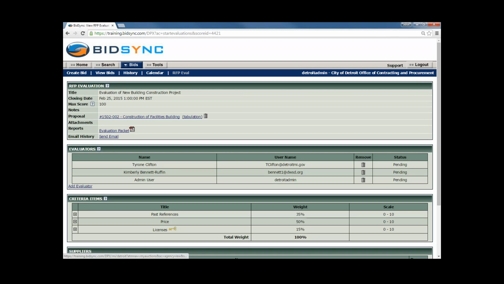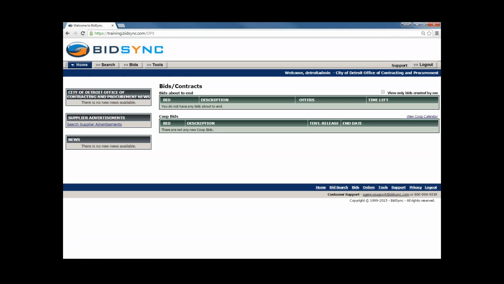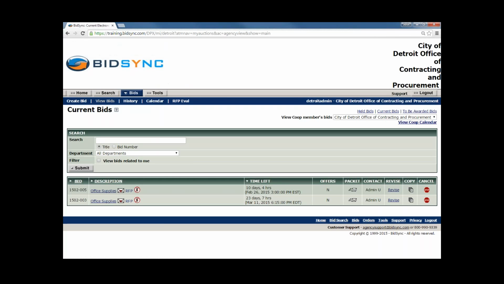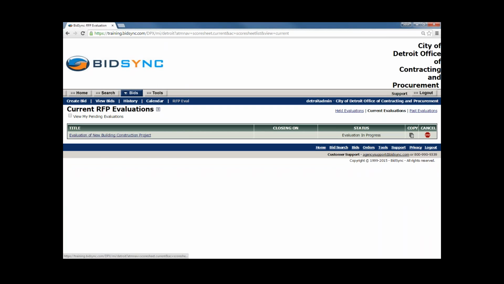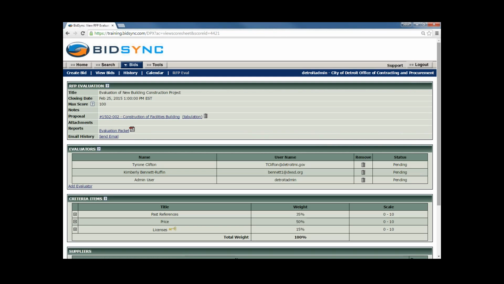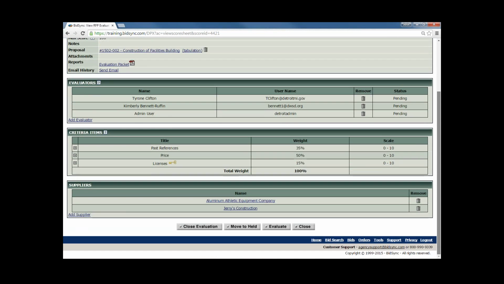To show you how that's going to work for the evaluators, we're actually going to come back to the Home tab here. For somebody that has been assigned an evaluation, they'll be able to come in and they'll receive an email letting them know that the evaluation has been started, so they can come in now. They'll come into BidSync. Once they're logged in, they can click on the Bids tab, then RFP Eval. They'll go to the Current Evaluation section, and from here, if they're an evaluator, they'll simply click on the evaluation title, and they can scroll down to the bottom, review the information quickly, scroll down to the bottom, and as